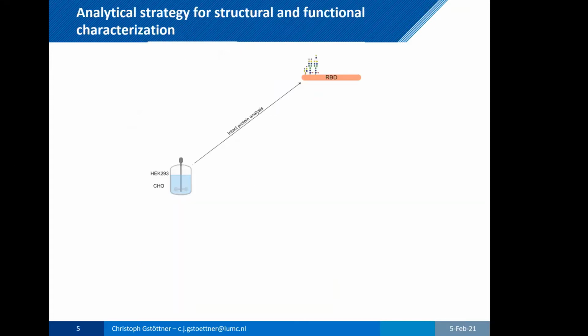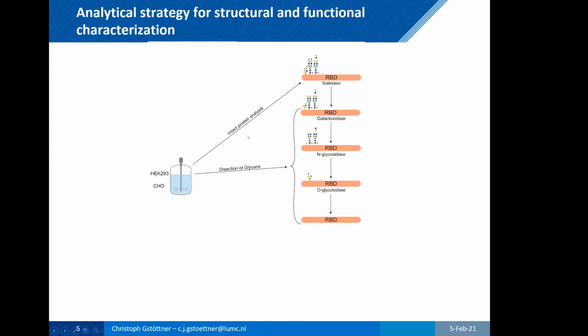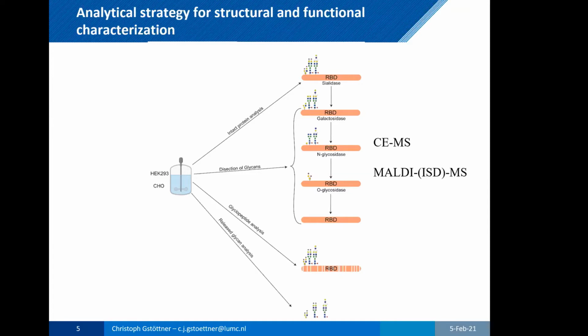So this is our analytical strategy that we applied. On one side, we analyzed the intact protein, but we also did a dissection of the glycans to get information on the combination of the N-glycans on the intact level and the putative O-glycosylation. This was analyzed by c-MS, but also by multi-insorstic-MS. Next to this, we also analyzed the glycopeptides and the released glycans to get a confirmation of our findings, but also quantitative information on the glycoforms. After the structural